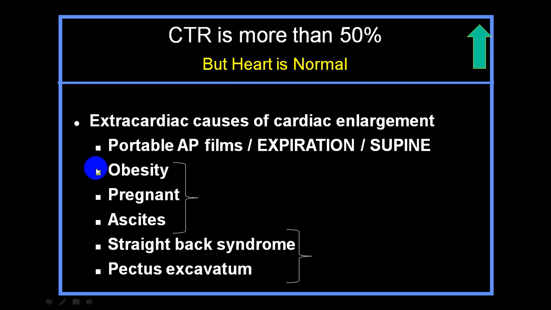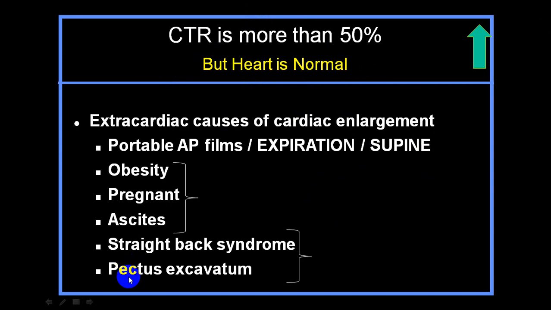Sometimes, in a respiratory condition like collapse, I have already told you that any radio-opacity close to the heart, that is the right lower lobe on the right side, and the left lower lobe and left lingular lobe on the left side, whether collapse, consolidation, or pleural effusion, will produce a silhouette sign, and it will be extremely difficult to identify the exact cardiac size.